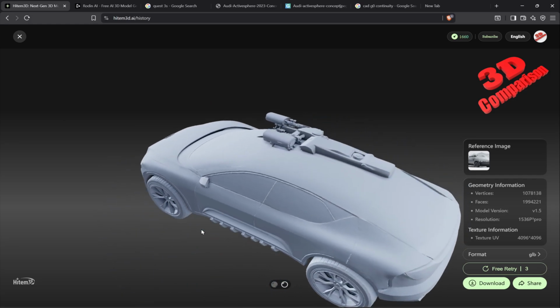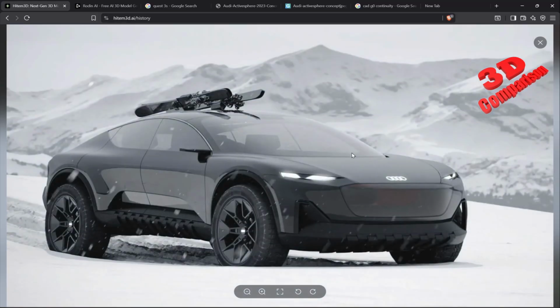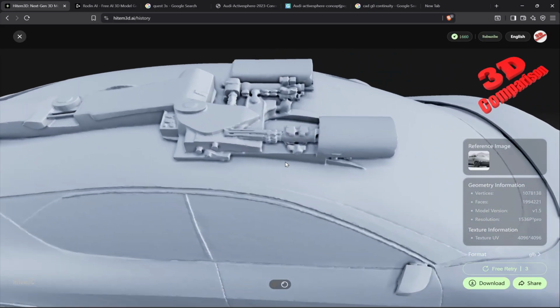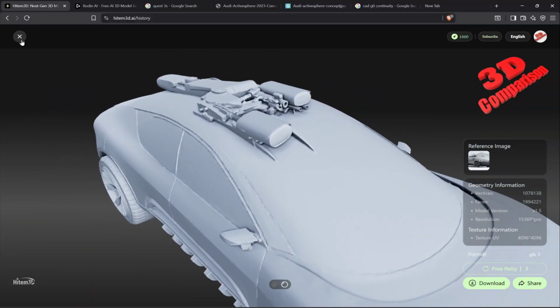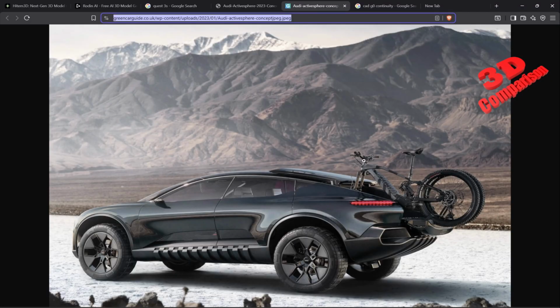Now, for details over here on the top, we're going to see that this will be a total mess, but keep in mind that the reference was like this. So maybe the Generative AI didn't really understand those shapes. So we see over those elements. Now, this was the first model generated by Hitem3D, and now let's take a look at this one,